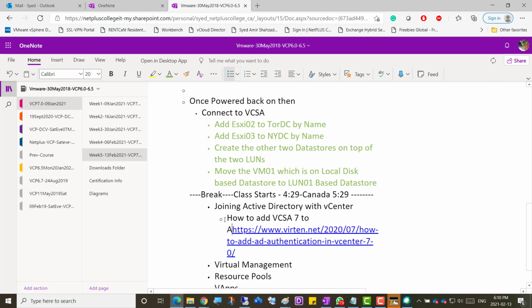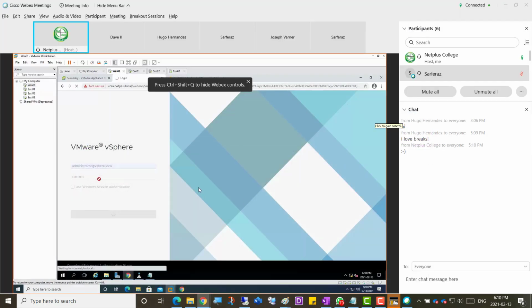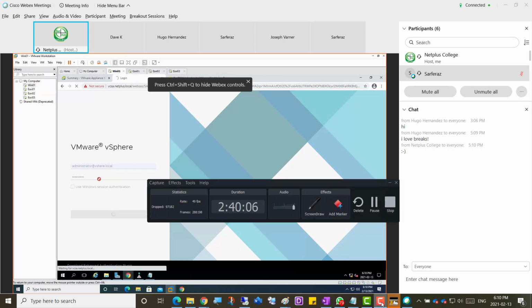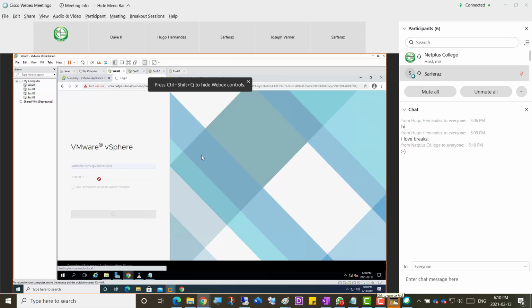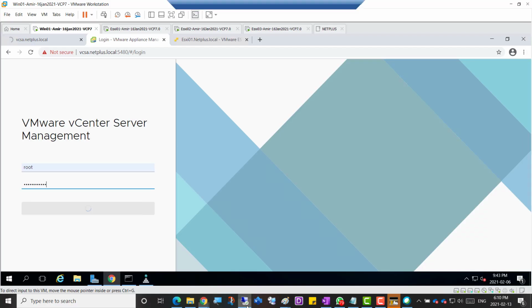VCSA to 80. I'll put a link there as well on OneNote. Okay, so it showed the URL and